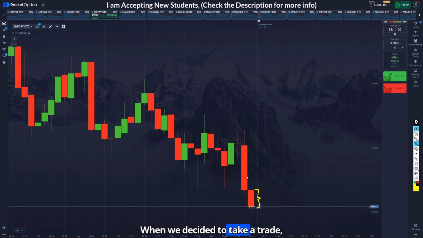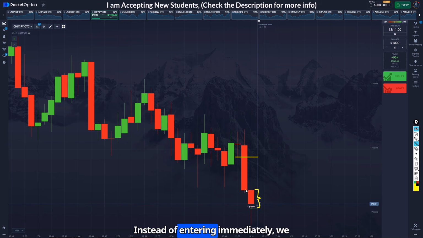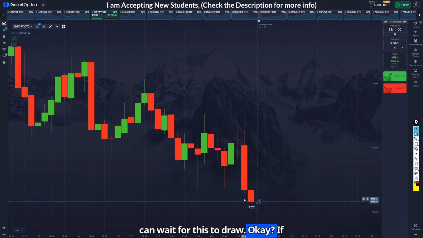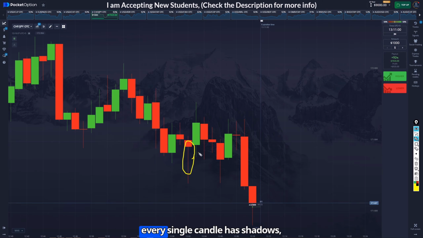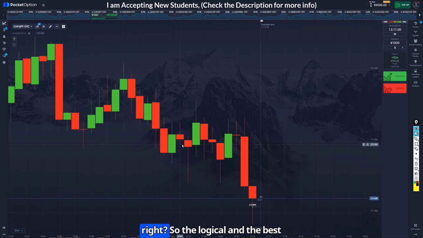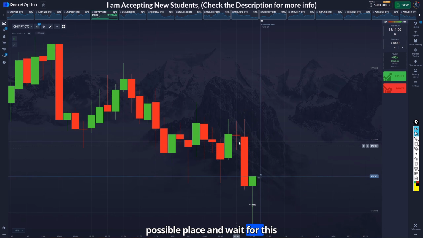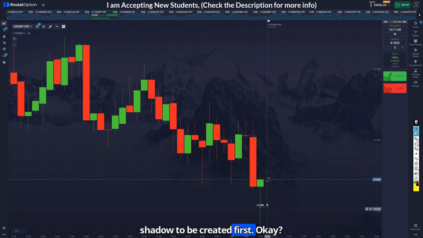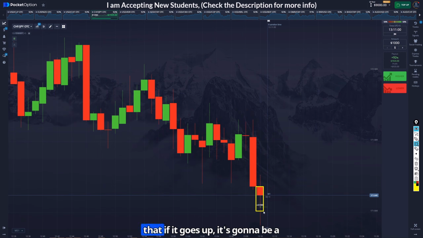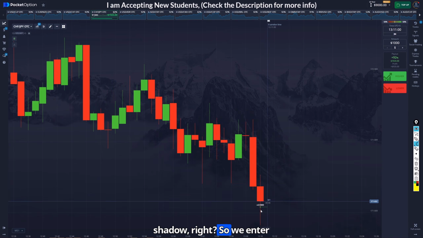When we are deciding to take a trade, for example this doji break, instead of entering immediately, we can wait for this to drop. If you look at the previous candles, every single candle has shadows, right? So the logical and the best thing to do is enter at the safest possible place and wait for this shadow to be created first. When it's coming down, it means that if it goes up, it's going to be a shadow, right? So we enter somewhere